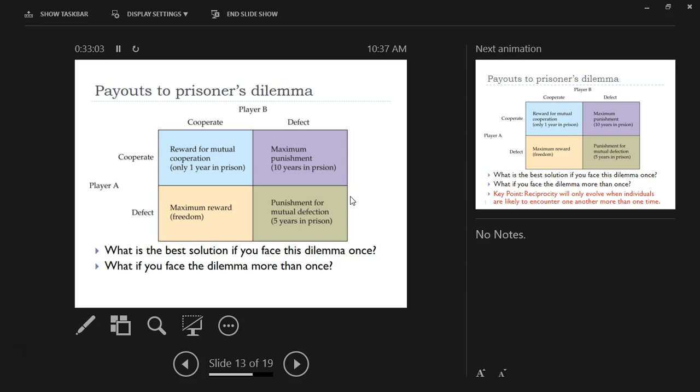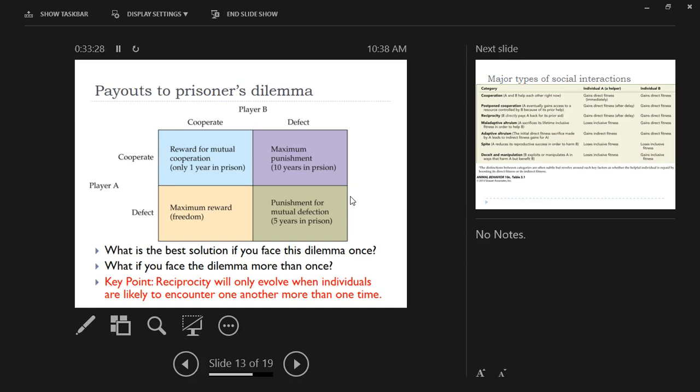So if you can kind of rely on each other, because if you defect now, you're going to get punished the next time. So if you can keep playing nice with your partner every time, yes, you'll do a little time now and then, but you're only going to do about 10 years over 10 different trials instead of 25 years over 10 trials if they're just kind of going at random between those two options.